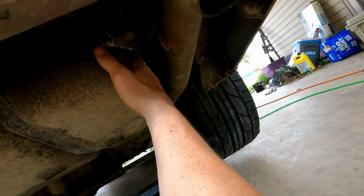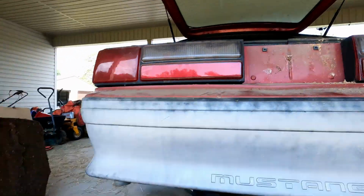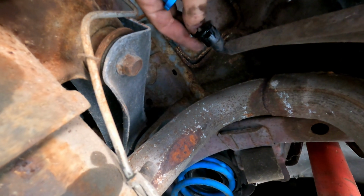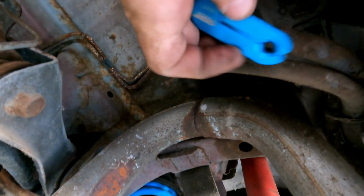But anyway, I'm gonna get this started. I'm gonna get this bolt undone, get the fuel lines disconnected, and I'll be back. Okay, so I got the line disconnected, the connector undone. Got the hoses disconnected. The feed that goes to the fuel filter is one of these connectors. I just pried these out, the white connector up out of the way. It popped right off. The return line, you will need a fuel line disconnect,